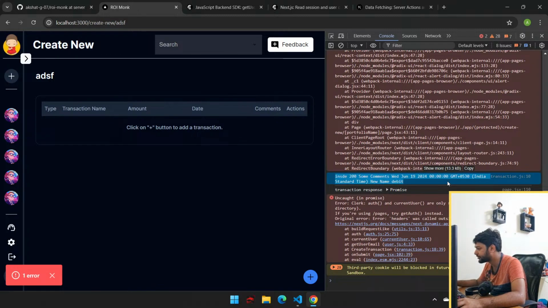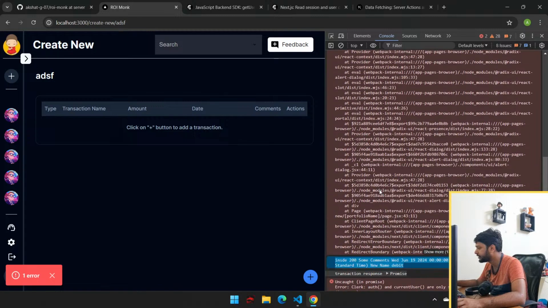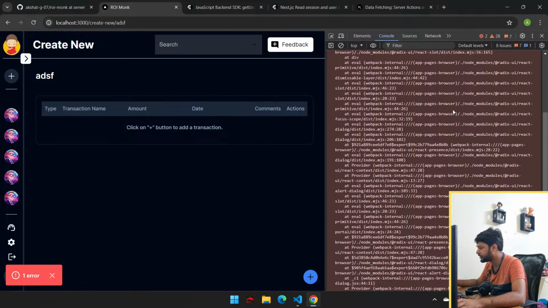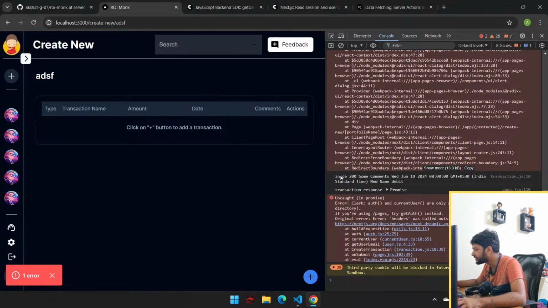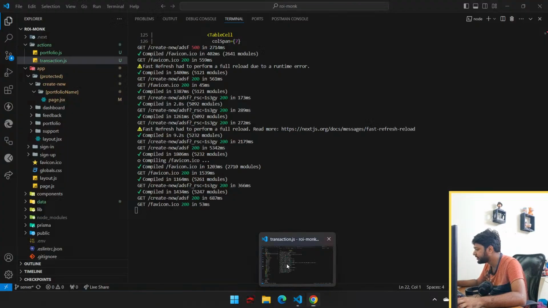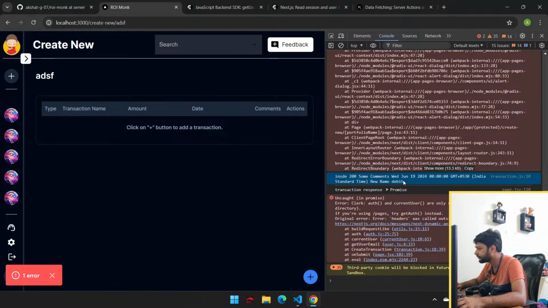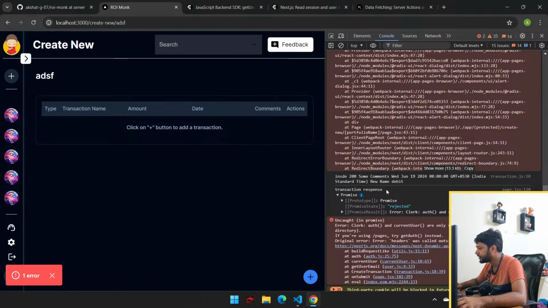So yes, some values we all got right. Of course, these values needs to be fixed, but inside means here amount, all these values got printed. Transaction response is